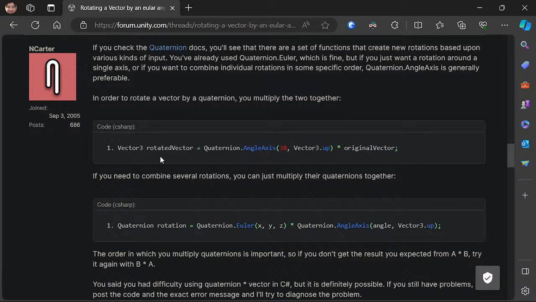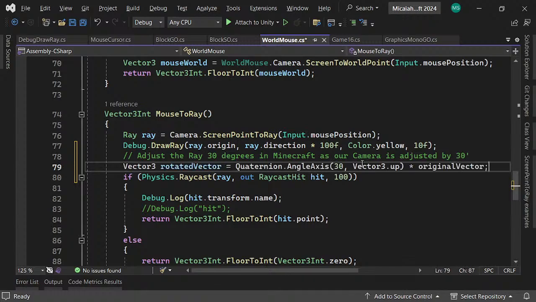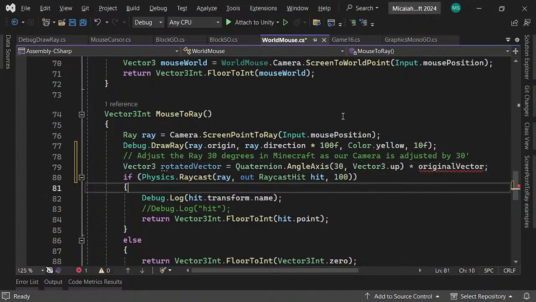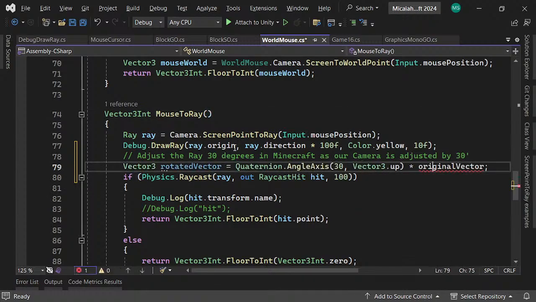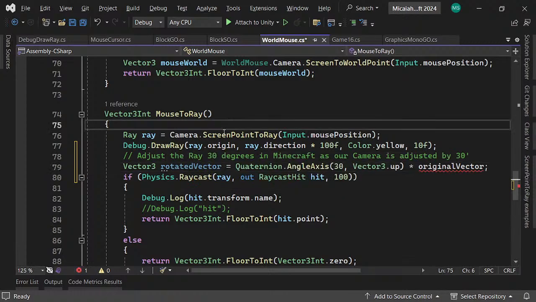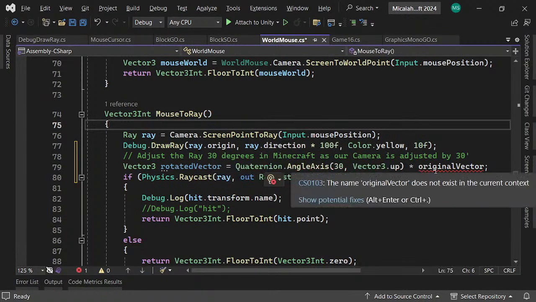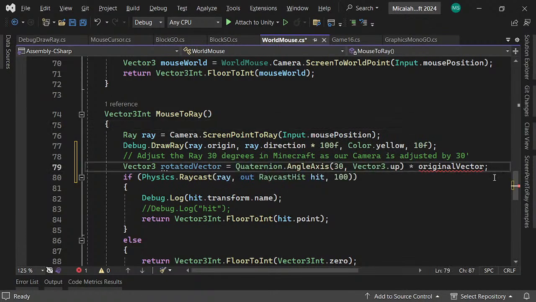Okay, here we go. Rotated vector, right? So is this what I want to do? The rotated vector is the 30 degrees of the original vector. So the original vector is the ray. Oh God, how do I say it? So I want the angle axis of 30 degrees by, and so this is actually